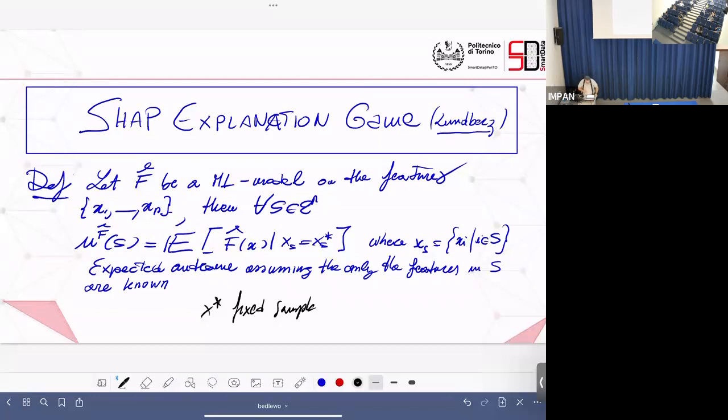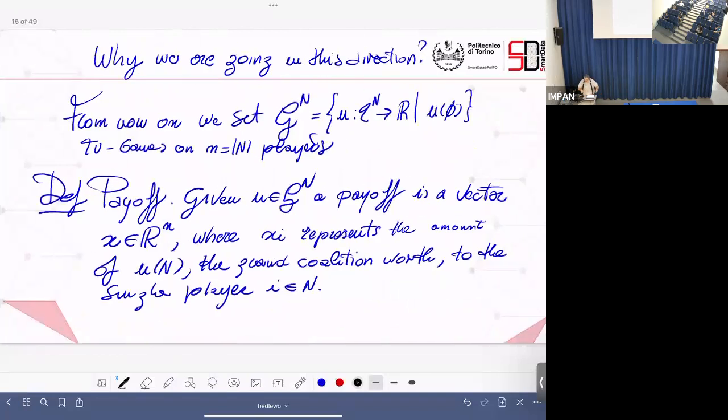So, okay, we have a game. But we want to give some value to the feature to understand which feature concurs more in deciding X or Y, cat or dog or whatever. And here's some notation just to fix. I use, as is usual in this setting, GN to denote the set of games